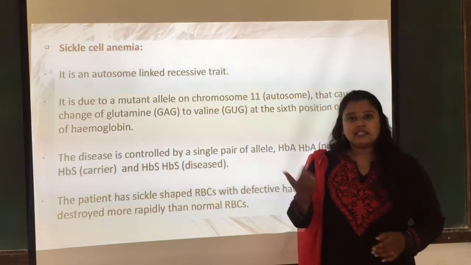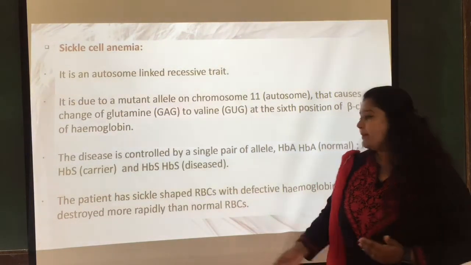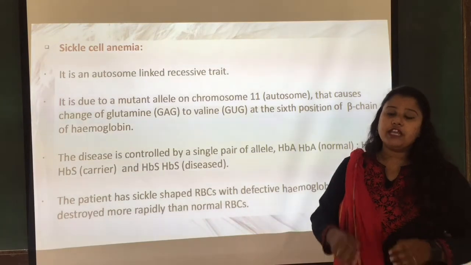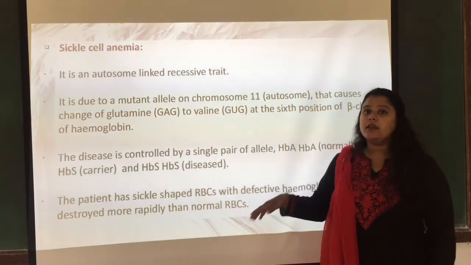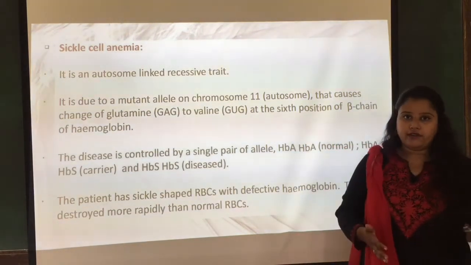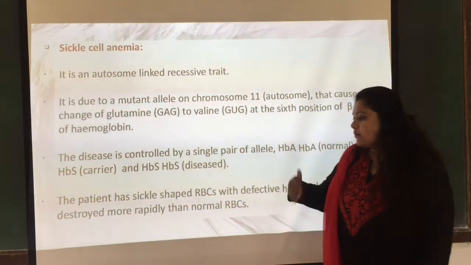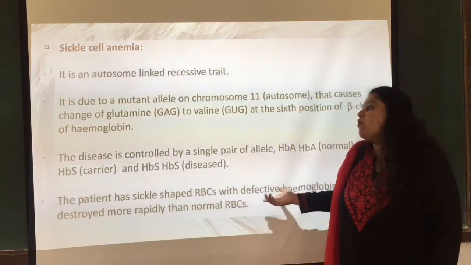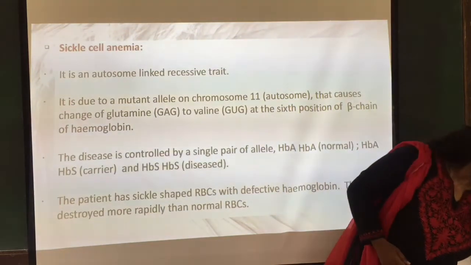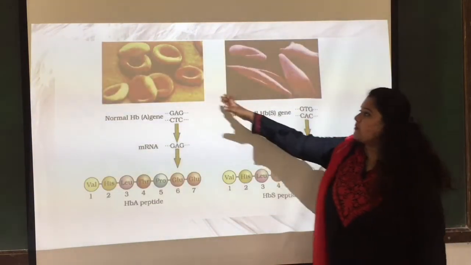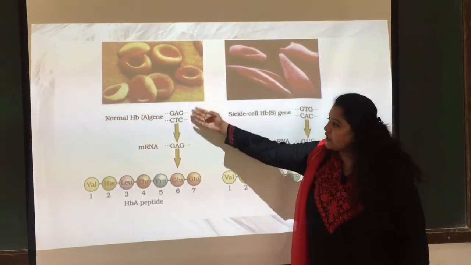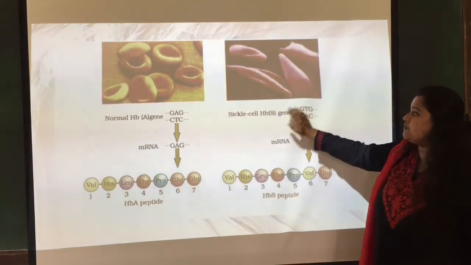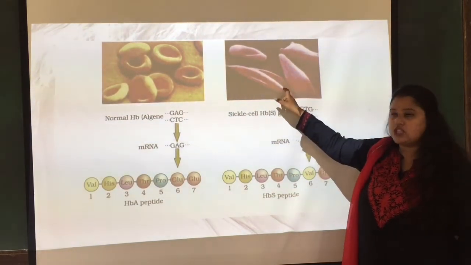In the next slide we will see the figure of that. And what happens? This RBC, instead of dying or getting ruptured in 120 days, ruptures before that lifespan, right? That means a rapid decrease of RBCs is observed, and there will be more loss of blood. So this is the normal RBC structure with the normal HbA gene. This is the sickle cell, that is HbS. S stands for the sickle gene, right?